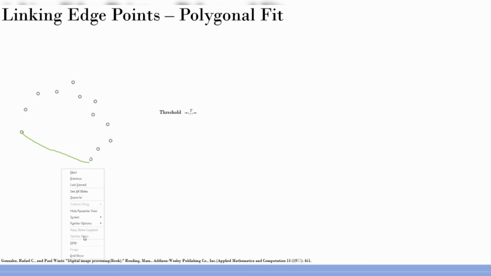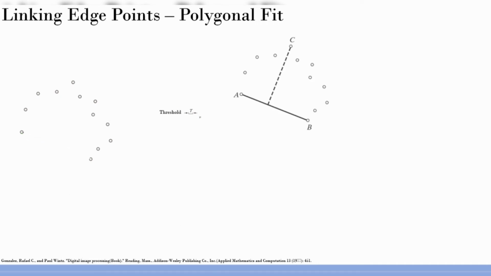And then maybe I'll explain it using the slides itself. So you define a threshold, of course, here also. In this case, it's actually a more trivial problem because it's not a closed loop of edge points. What you see over here, each of these points are the edge pixels identified after an edge detection algorithm. So always remember that, okay?